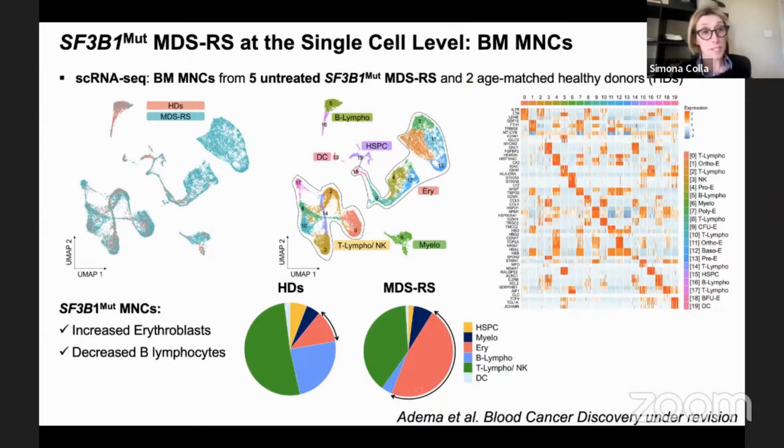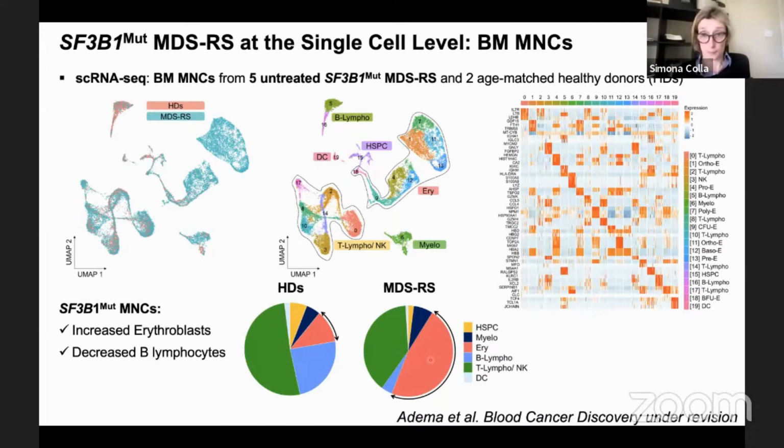Of course, the first thing that we observed was that the erythroblasts that are shown here in red were absolutely increased. This is consistent with the fact that this patient has a huge accumulation of these abnormal erythroblasts